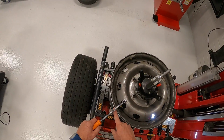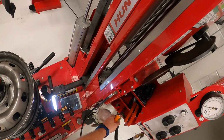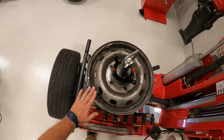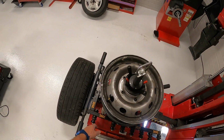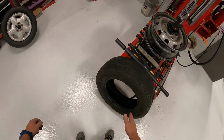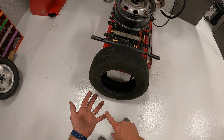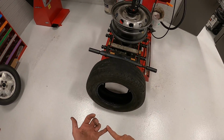Of course, again, if it's a nice wheel, you don't want to put this on the rim and damage it. So you put something like a rag to protect it. Once you've got your new valve core in, we'll go ahead and get the new tire. So I'm just using the same tire, but you want to make sure the tire direction is on correctly. Of course, if the customer wanted white walls out,